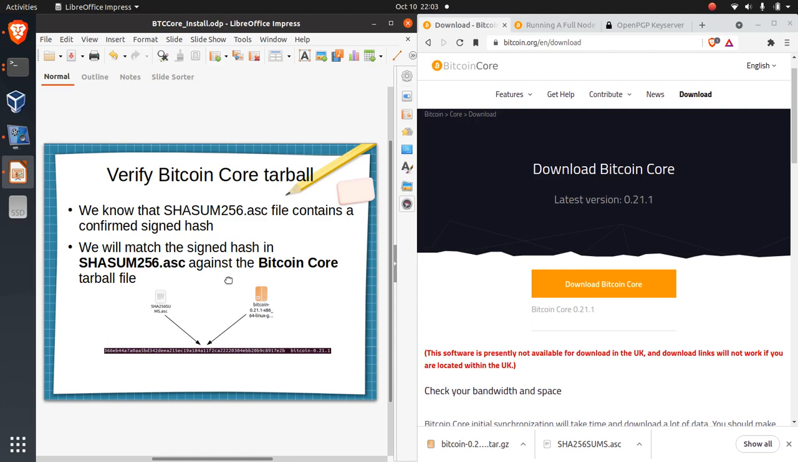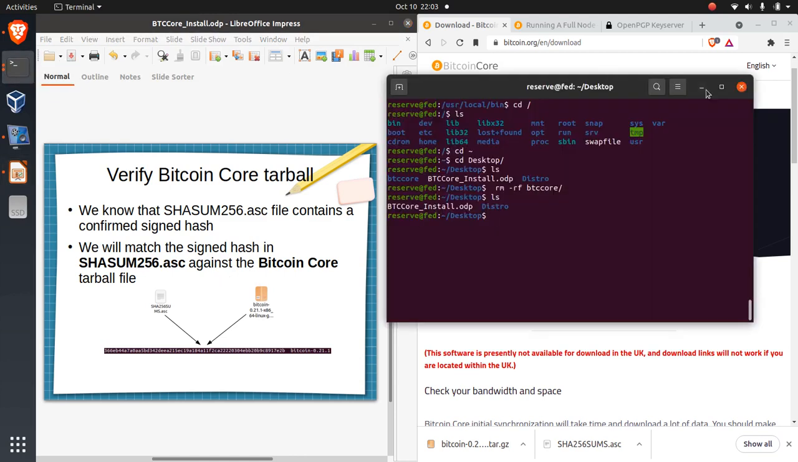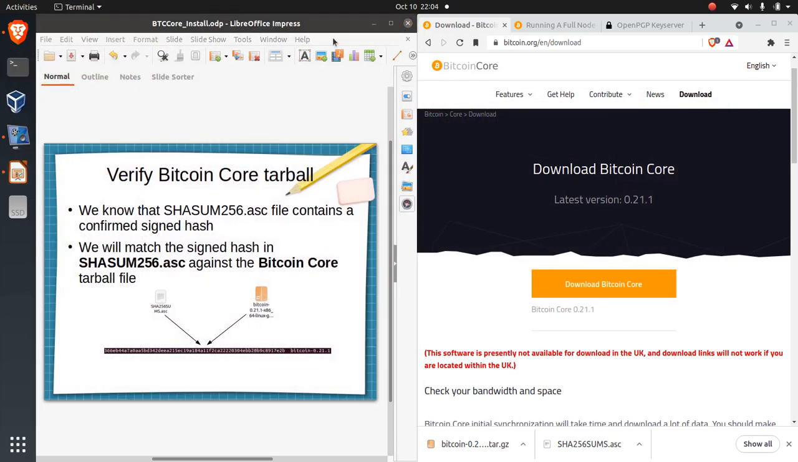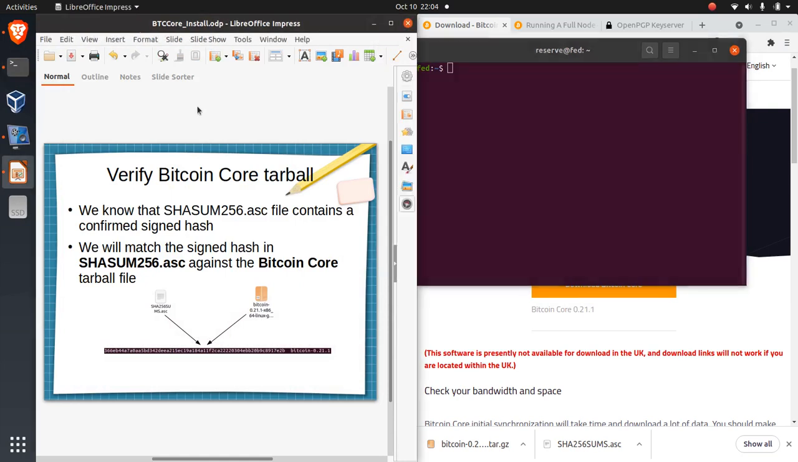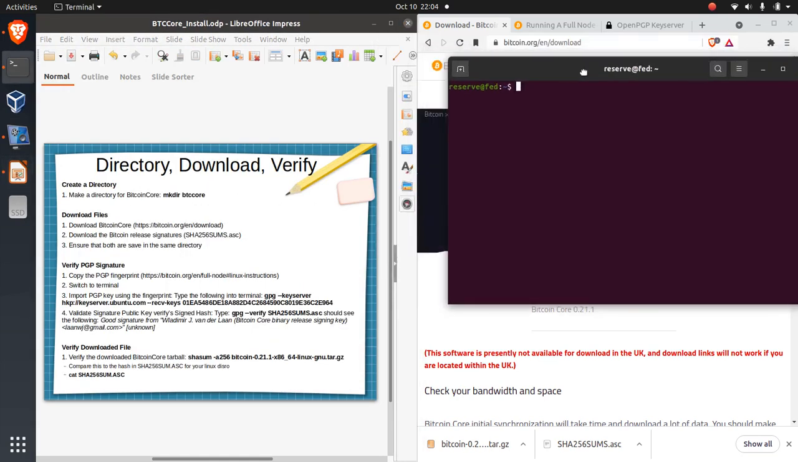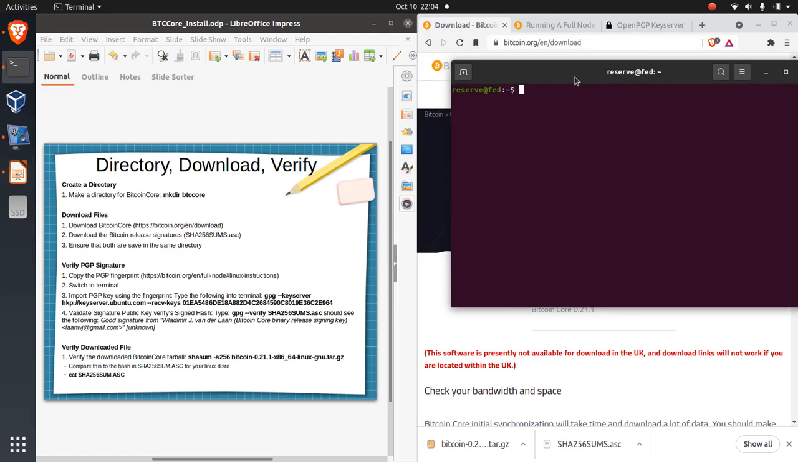So let's go ahead and do that. Let me go ahead and get this cleaned up first. All right, let's talk about how we actually create the directories and download and verify. The first thing I'm going to do, I'm in my home directory. Anytime you see this tilde, it means that you're in your home directory. So I'm going to change directory to desktop,